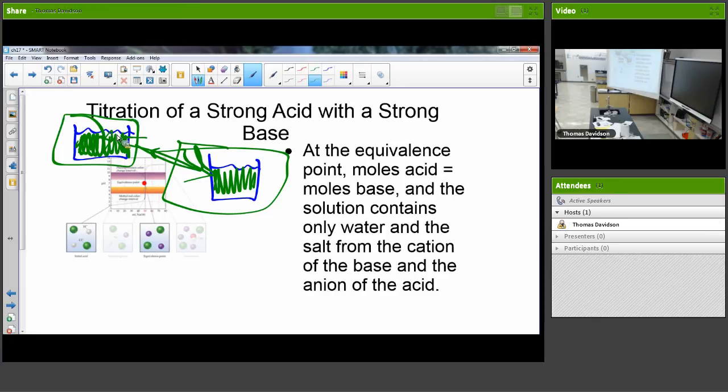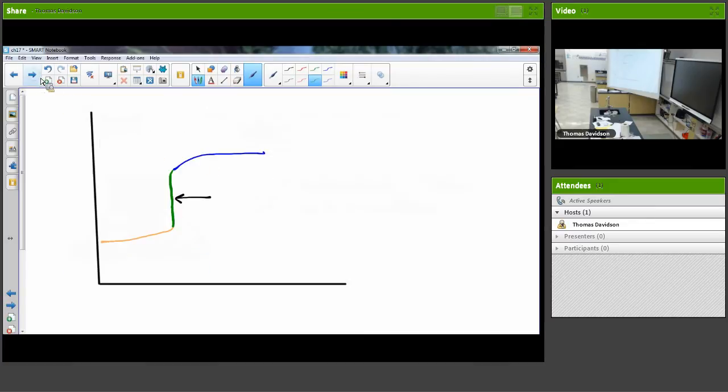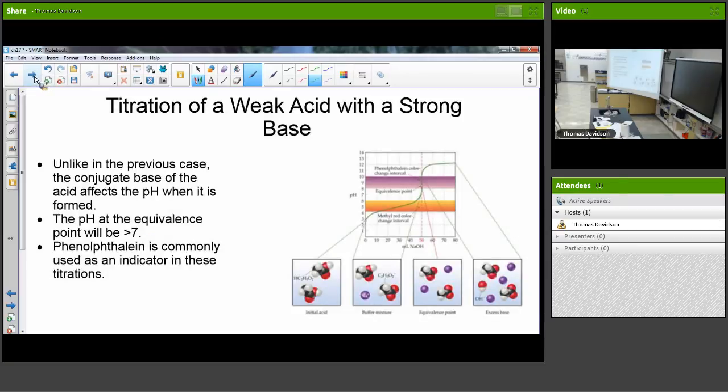Okay, moving on. So, I had a question. All right, then, as more base is added, the pH again levels off. All right, well, how much higher does the pH have to be to kill